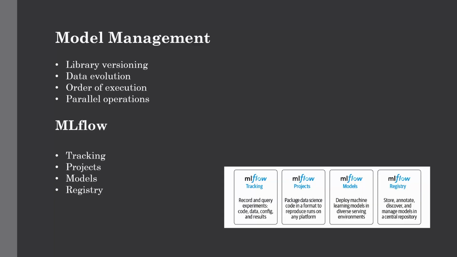So this lecture is all about how to manage, deploy and scale our machine learning pipeline using Apache Spark. In the previous lectures, we have covered how to build a machine learning pipeline with the MLlib library. But this lecture will focus on how to manage and deploy the models you have trained in the previous lecture. By the end of this lecture, you will be able to use MLflow for tracking, reproducing and deploying your MLlib